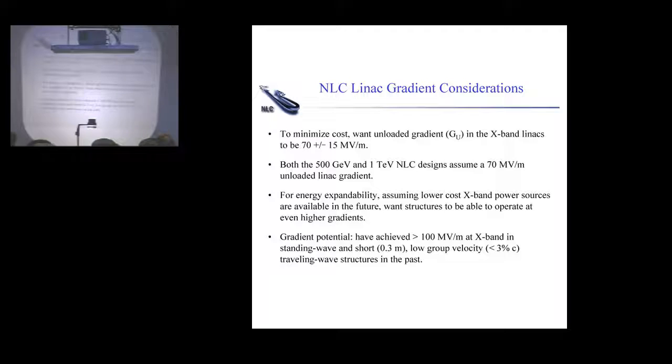And in the past, we've actually done better than 100 MeV per meter. This was done at a time when we didn't have very high power sources, and so we used standing wave structures and low group velocity structures. You can think of the group velocity as related to the inverse of the amount of power you need to achieve a certain gradient, and so it did well in the past. However, when we